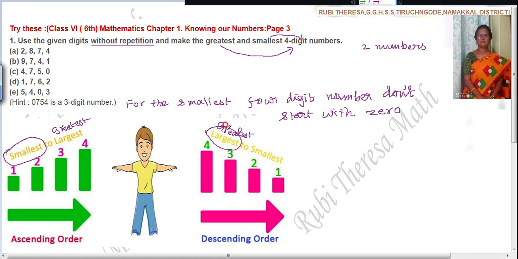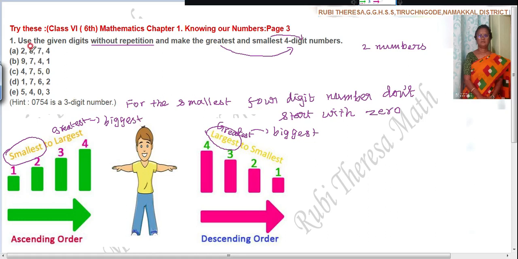So, both are the same meaning. So, first what do you want to find out? Greatest 4-digit number. Greatest means, as I told you, start from the greatest number. So, compare these 4 digits. Among these 4 digits, which one is the greatest number or largest number or biggest number? Another word you can write is biggest.